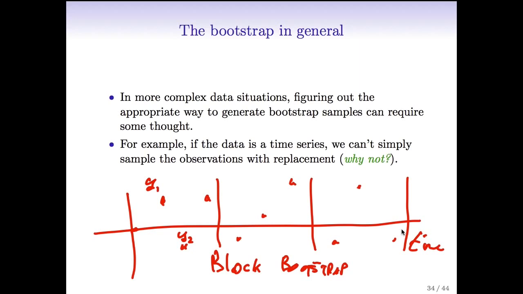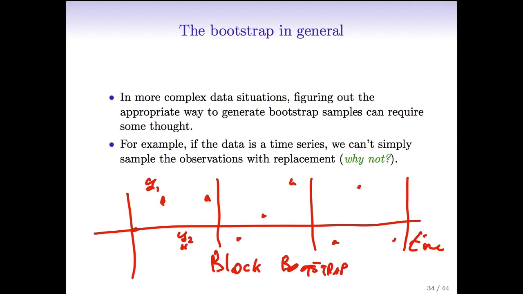Now our sampling units are not the individual observations, but the entire blocks. So we sample with replacement from all the blocks, and then paste them together into a new time series. In other words, if this block is sampled, he might become the first block, or the second block, etc. Then we paste them together in order, and that becomes a bootstrap sample,